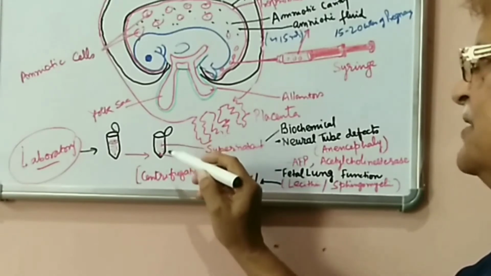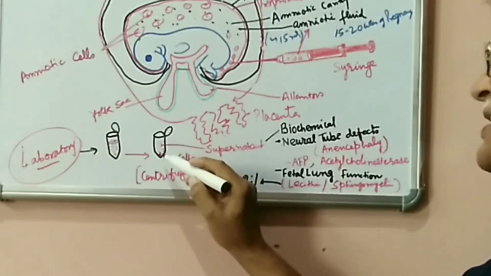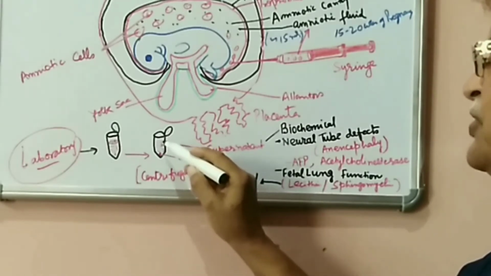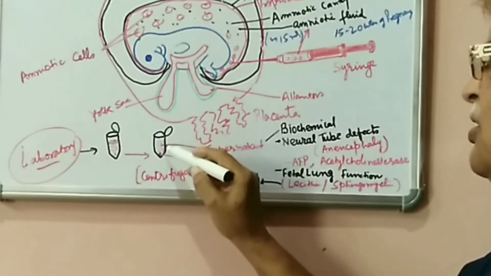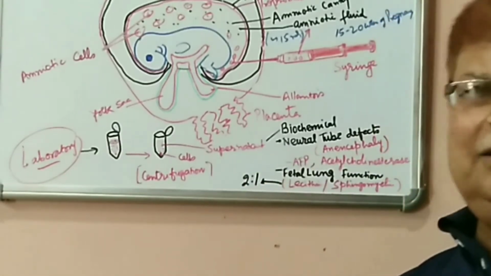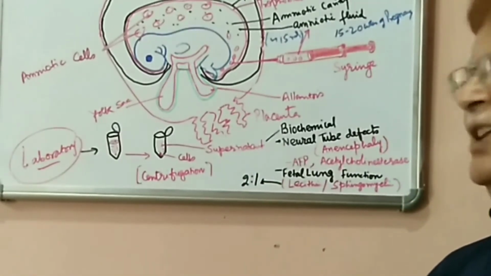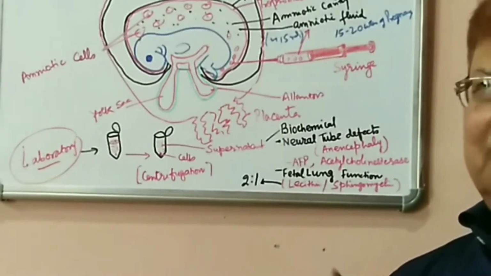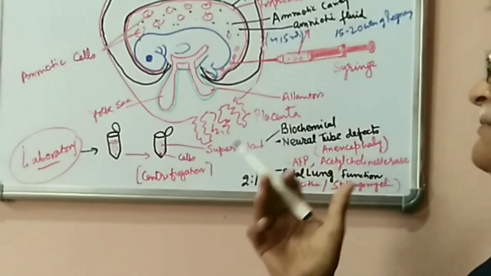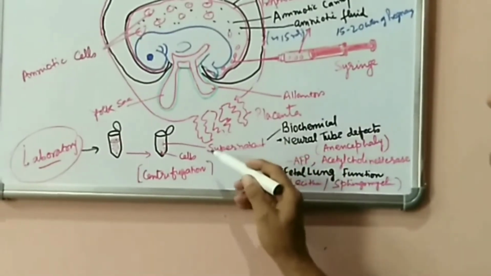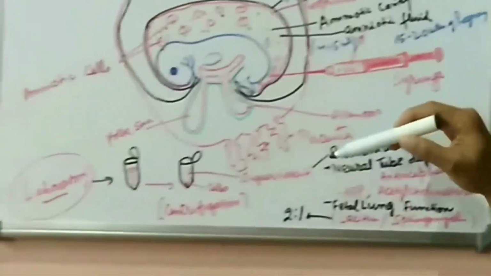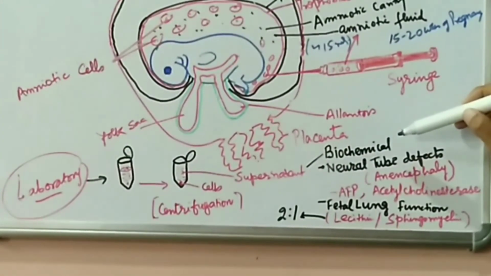So, after a certain time interval, the cells get settled in this cone region at the bottom, and the liquid portion remains above these cells, and that is known as supernatant. Now, when these two fractions of the amniotic fluid are there, that is the supernatant, the liquid portion, and the cells, which I have already told you where these cells are coming from, they are now processed for various studies, like the supernatant is used for biochemical studies.